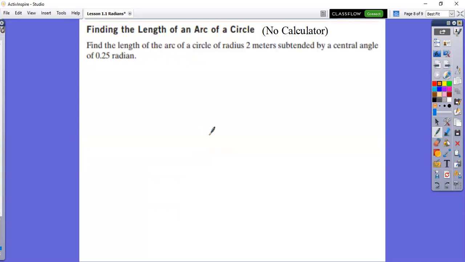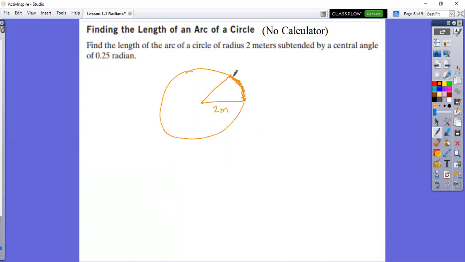So we're going to go over a short example of why measuring something in radians can be useful. And one application is arc length. So let's say that I have a circle with a radius of 2 meters. Please forgive my terrible circle drawing, but that's the best I can do with this limited technology. So I have a 2 meter radius on the circle, and there's an arc right here